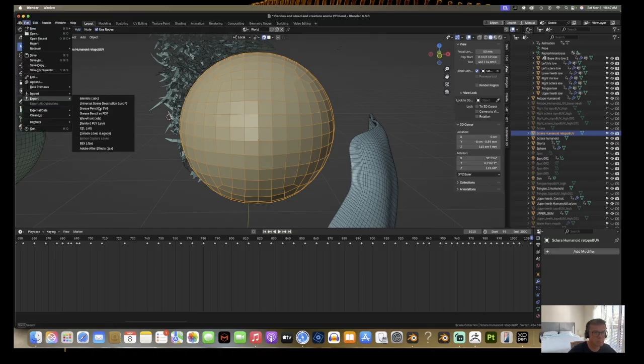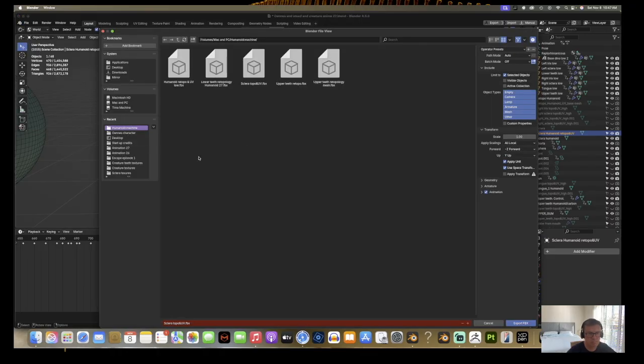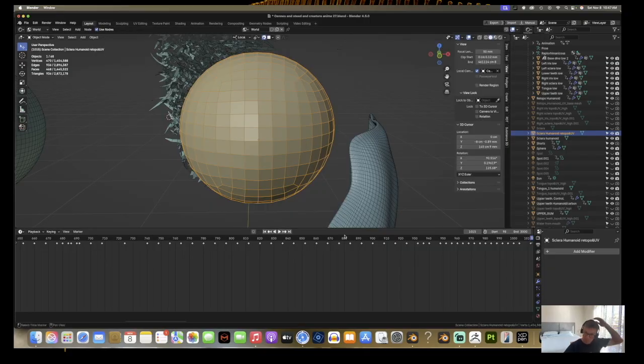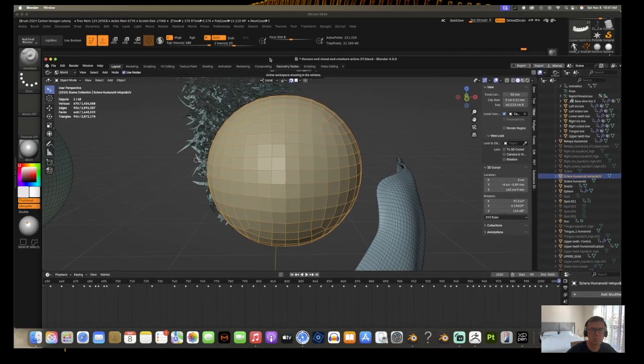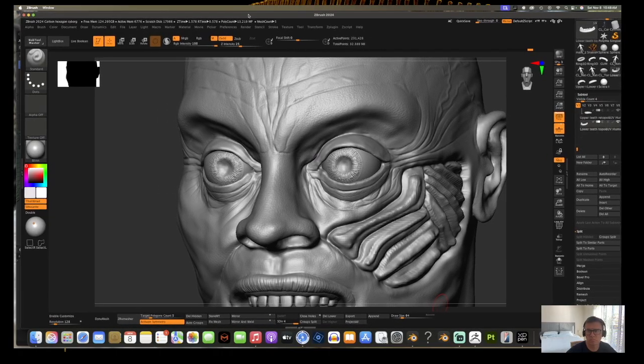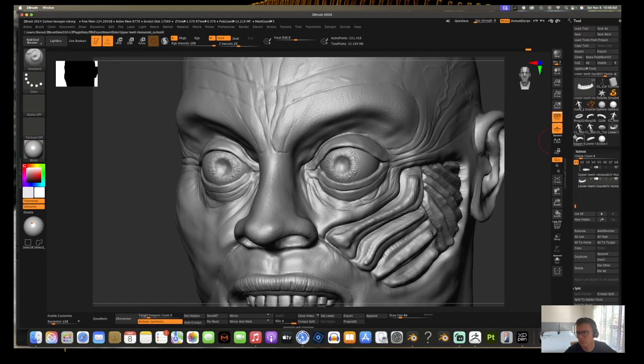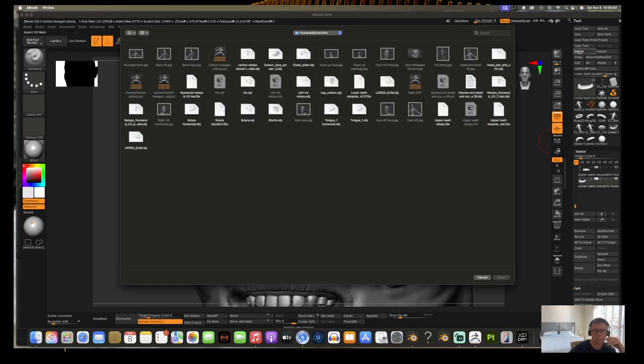So now I'm going to export as an FBX. I was playing around with GoB and things, but I found GoB challenging at times with scale, and you had to readjust scale quite often. So I'm starting to export as FBXs. Make sure the box is selected, because when I first started doing FBX, it would transfer all the files, which caused me mass complications. So I learned to find the selection box to select only objects highlighted or indicated. So here, just open up ZBrush, open up the file,